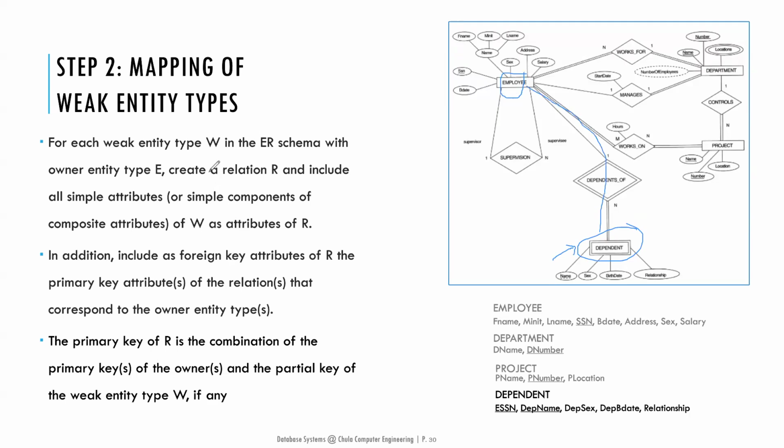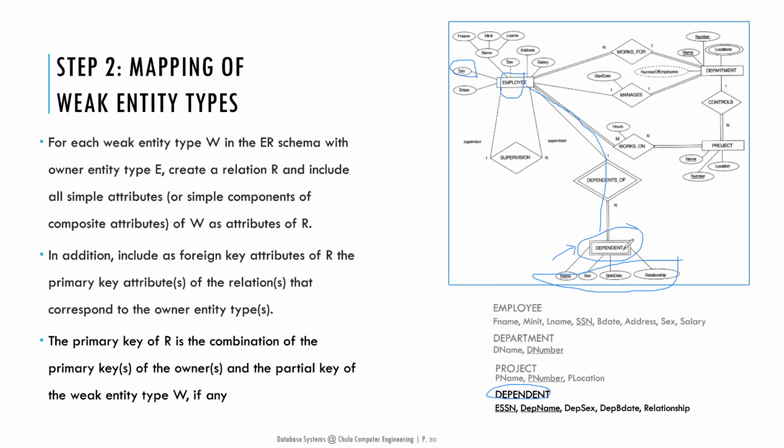So what we do is we say, create a new relation called relation R. So I create a dependent relation here and include all simple attributes, okay? All simple attributes. So here are my simple attributes within that dependent. I include them here, okay? Now, in addition, I said, include as foreign key attribute of R the primary key attribute of the relation that corresponds to the owner entity type. So the owner entity type is employee, right? So in employee, you have SSN as key. So what we do here is that,